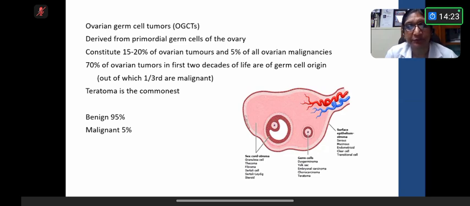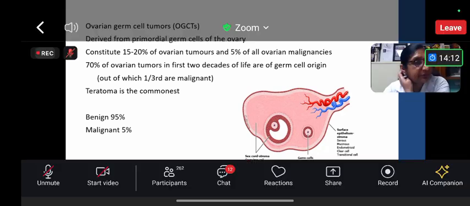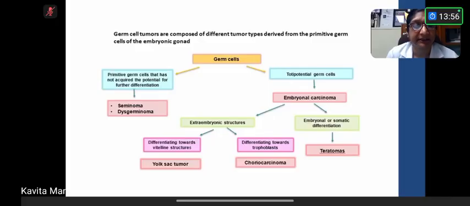70% of ovarian tumors are of germ cell origin if you see them in the second and the first decade of life. And out of these, 1/3 are malignant. Teratoma, we all know, is the most common, and it is 95% primitive germ cells, and they can differentiate into various tumors. If the germ cells have not acquired the potential for further differentiation, then they stay as seminoma of the testes or dysgerminoma of the ovary. But some of the totipotential germ cells can also differentiate as embryonal carcinoma if they go on to the extra embryonic development